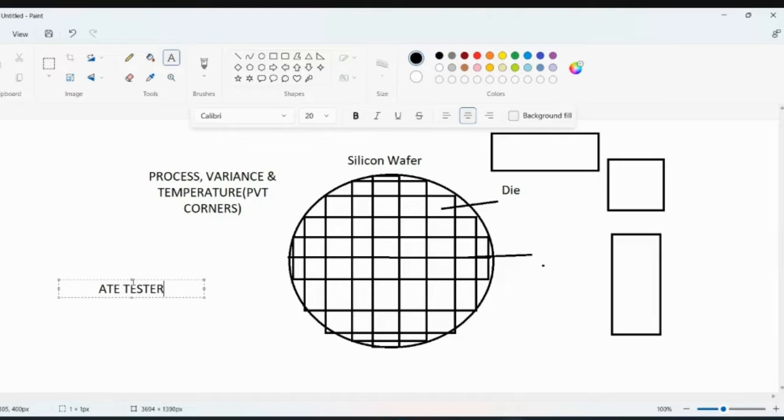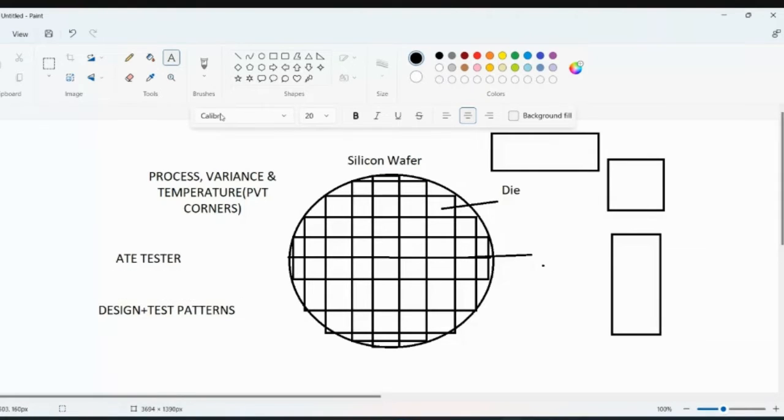So when you give your design plus test patterns to this ATE tester, and this particular wafer,